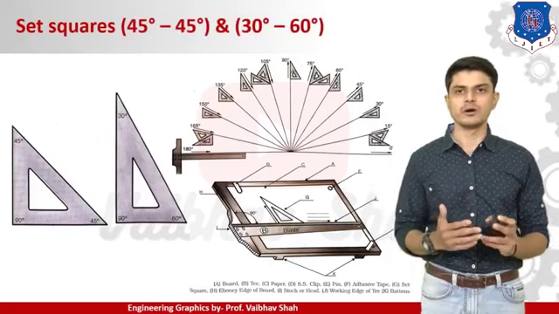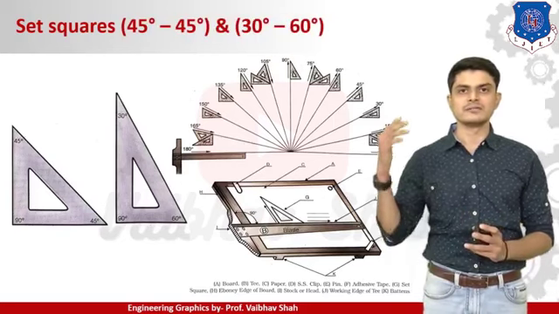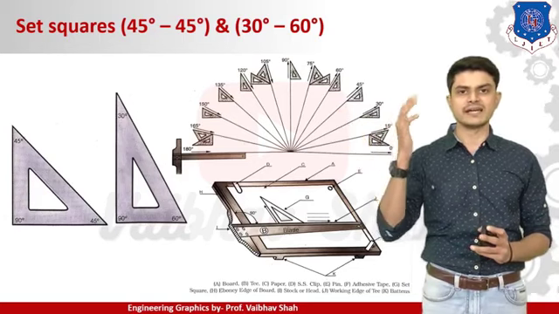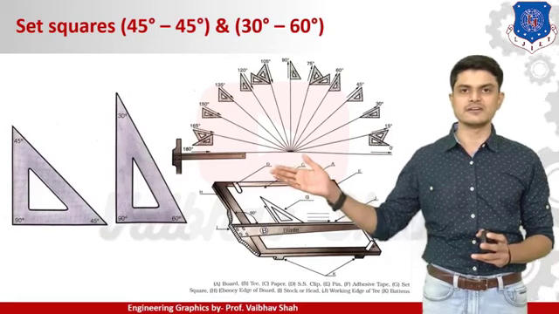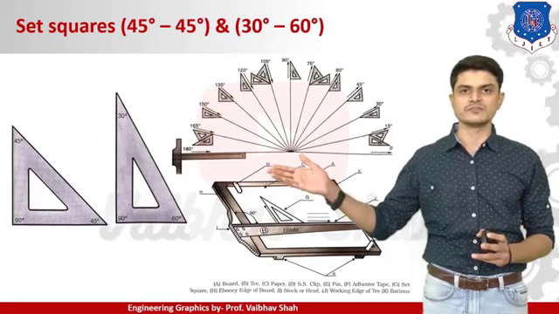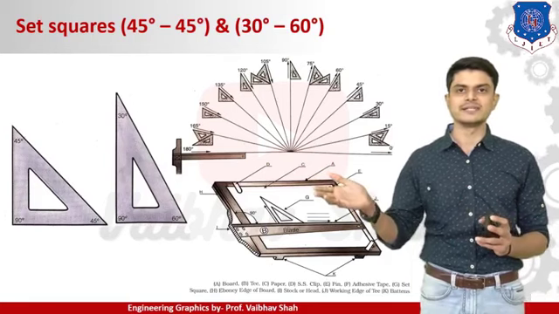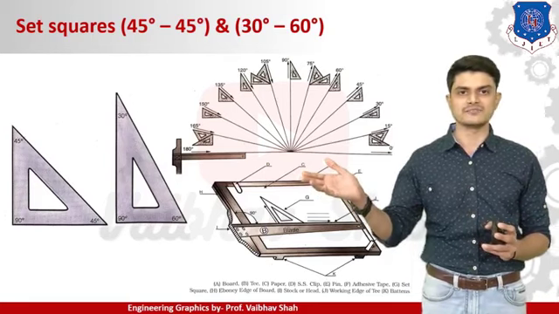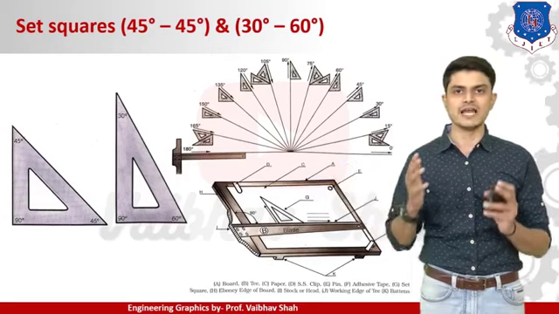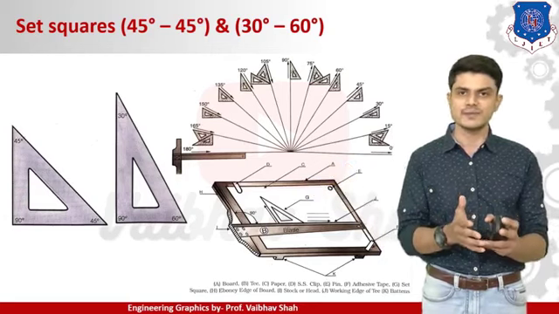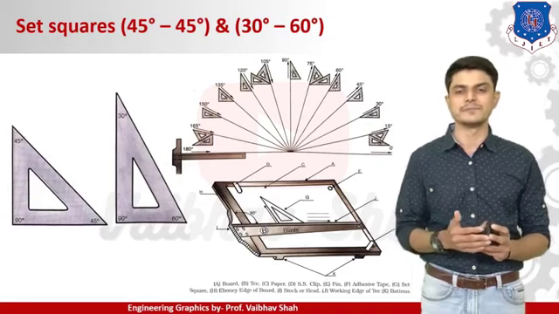Let us see one more drawing instrument, set square. So there are 45 set square, and the second is your 30 degree, 60 degree set square. As you can see on the leftmost side of me, there is one smaller size of triangle, which is nothing but your 45 set square, and beside that is a 30 degree, 60 degree set square. So you can draw ideally 30 degree, 60 degree and 90 degree with the help of your 30 degree, 60 degree set square, and by 45 set square you can draw 45 degree as well as your 90 degree.